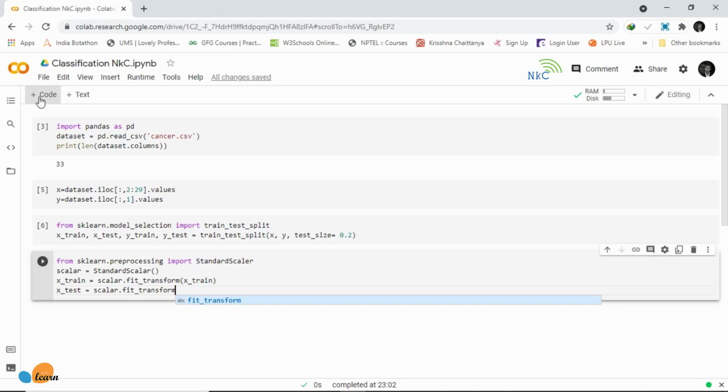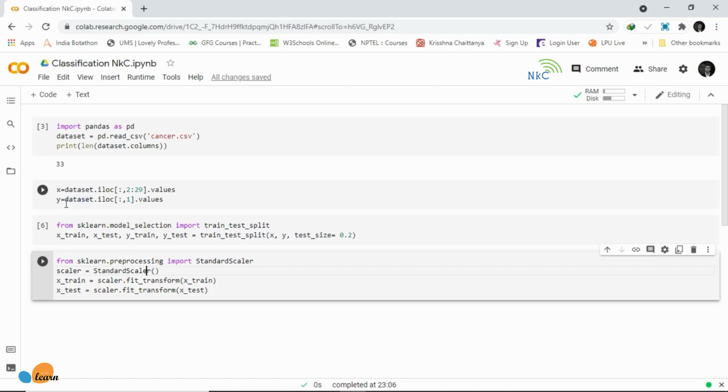So now that our data is scaled, it's time to do logistic regression, and you might say, hold up, regression? And I understand that's confusing, but logistic regression is actually a classification algorithm.